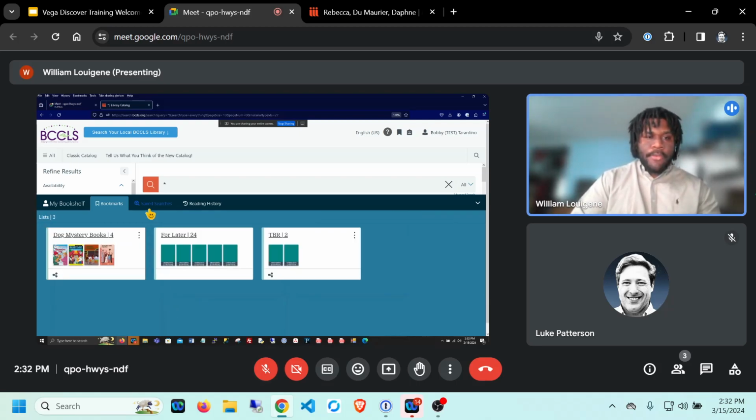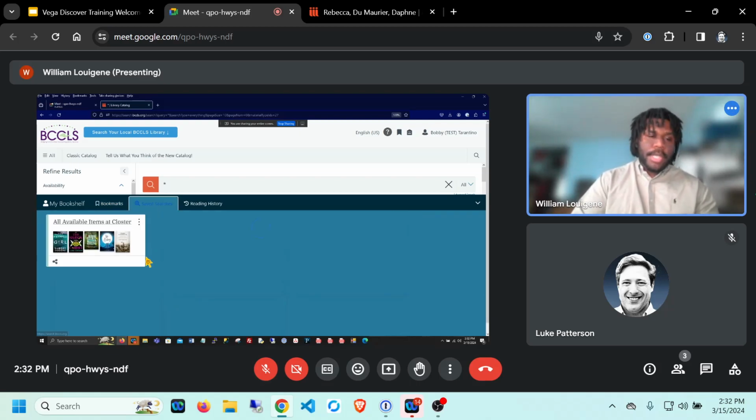All right, so now for our next one, we have saved searches. And this works similarly to what we saw with the lists. Luke just explained this before, where you can set a certain kind of preset of filters through the Refine Results tool. And from there, you can use that again for later use. It's going to be really helpful, again, if you want to share this. So if there's a specific set of filters that you want to email to a patron or a staff member,